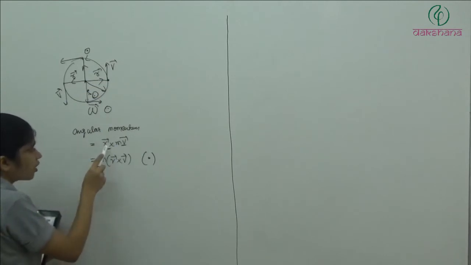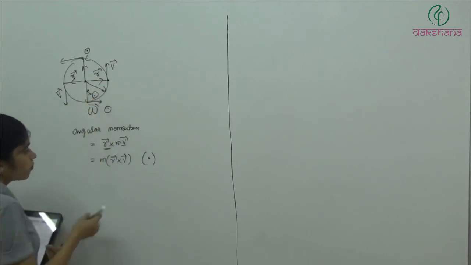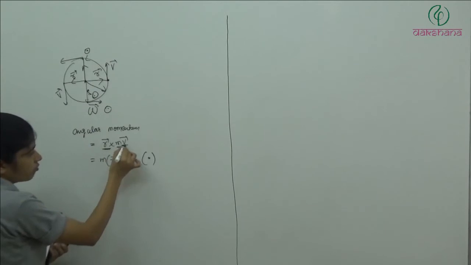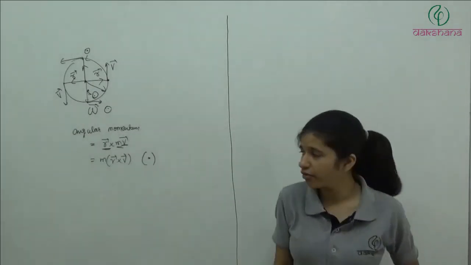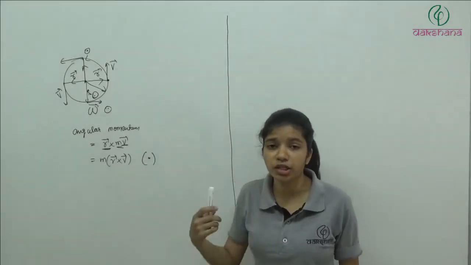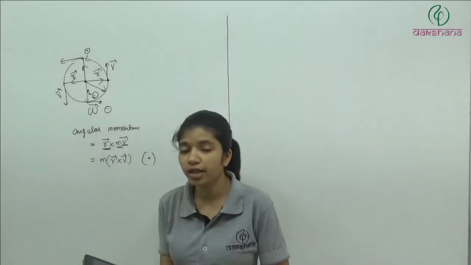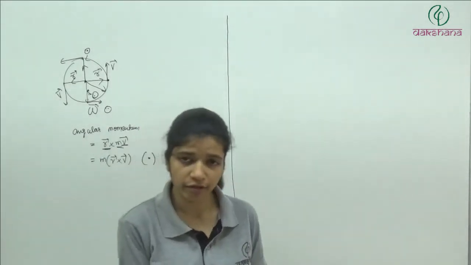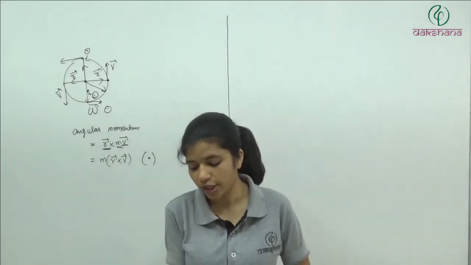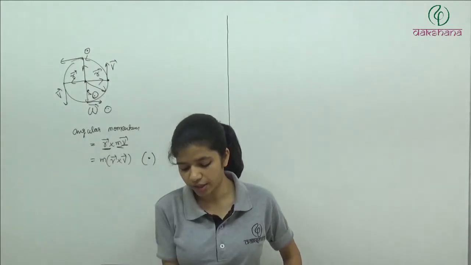So here we have r constant. If you see the magnitude, r is constant, m is constant, v is constant. Speed, radius, all these are constant. And now we have seen that the direction is also not changing. It means neither the angular velocity will change nor the angular momentum will change. Both are going to remain constant. So option 3 will be the correct answer.